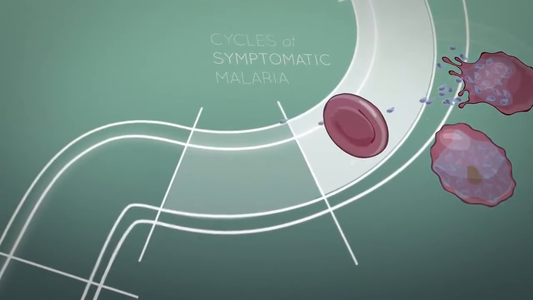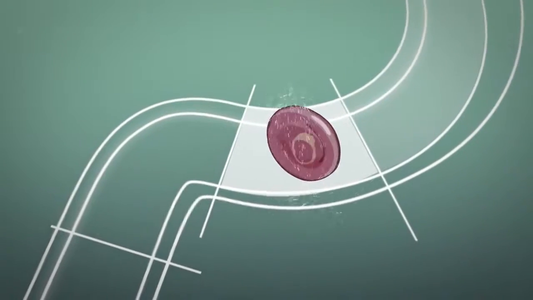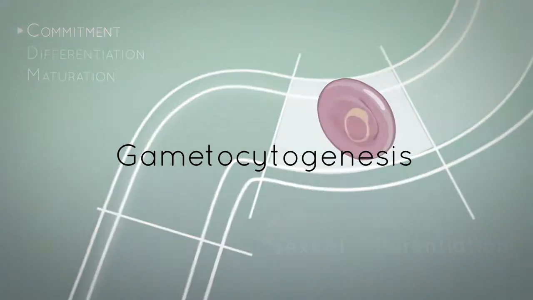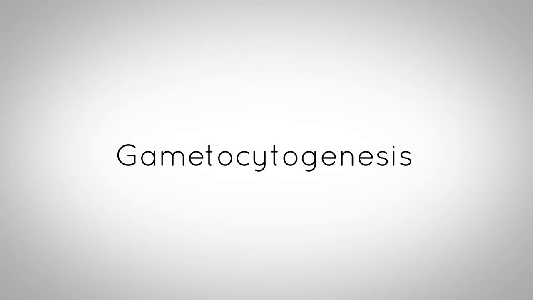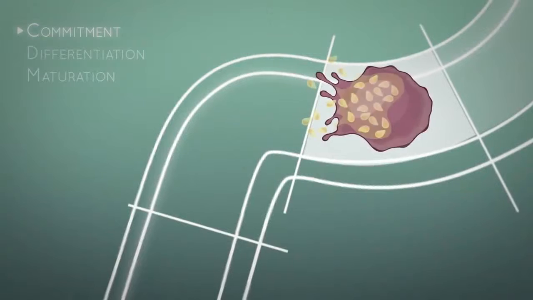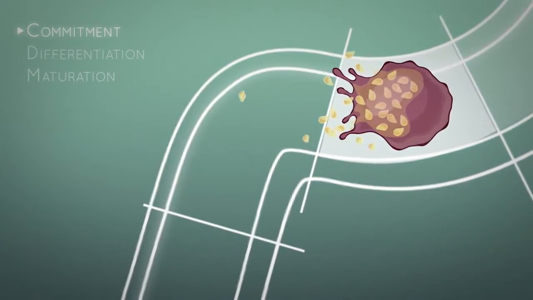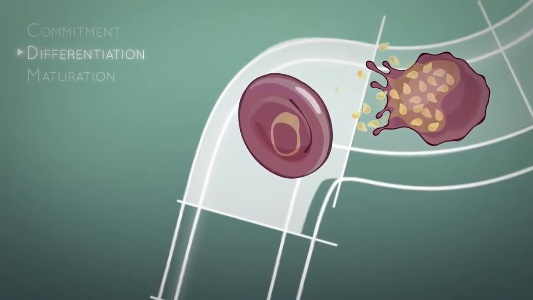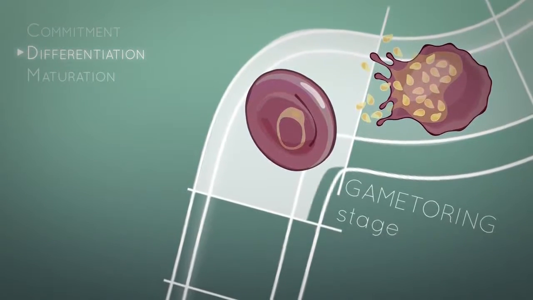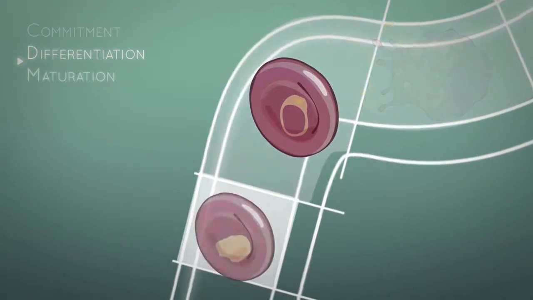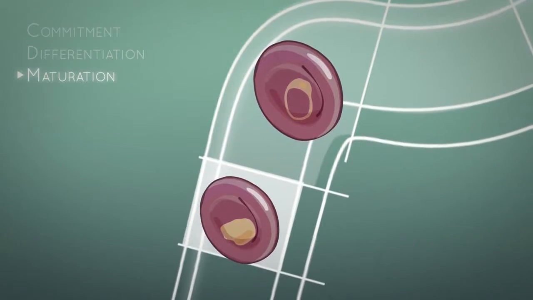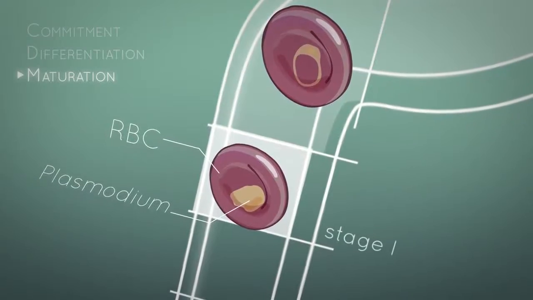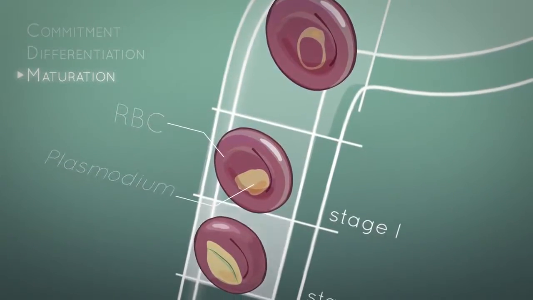A subset of these asexual parasites receives a commitment signal that initiates sexual differentiation, or gametocytogenesis. Merozoites are then released from sexually committed schizont-infected RBCs, invade a new RBC, and form the gametoring stage. Maturation, the final phase of gametocytogenesis, is initiated, and the gametoring enters the cellular differentiation process, divided into 5 developmental